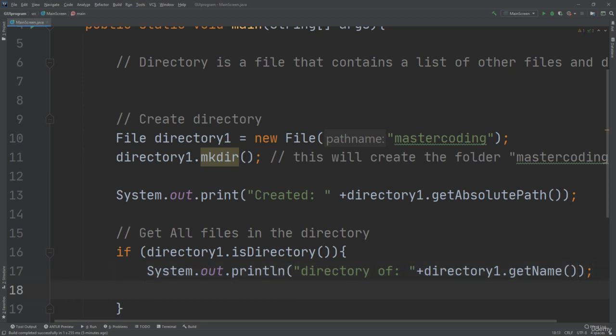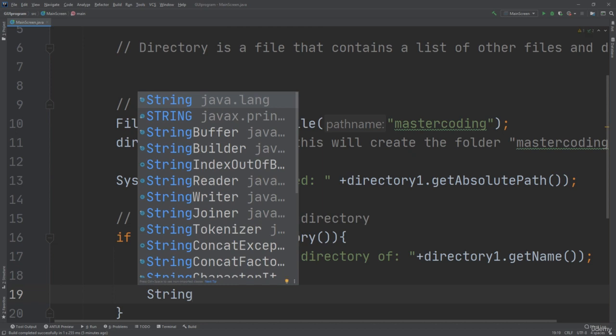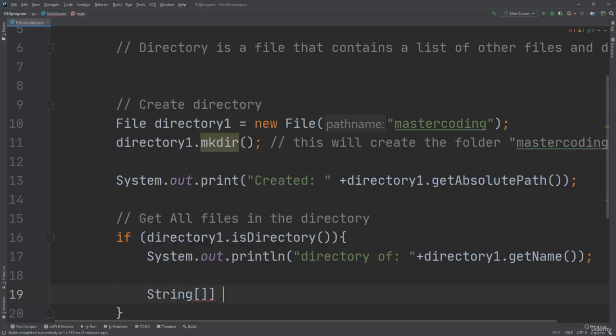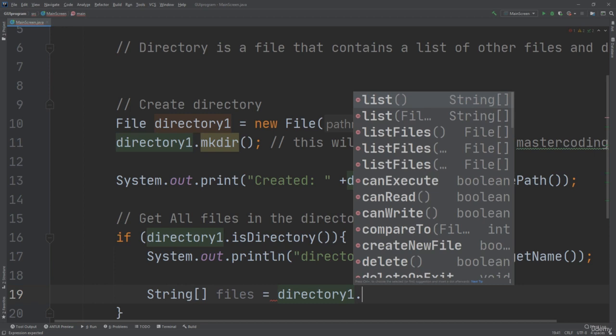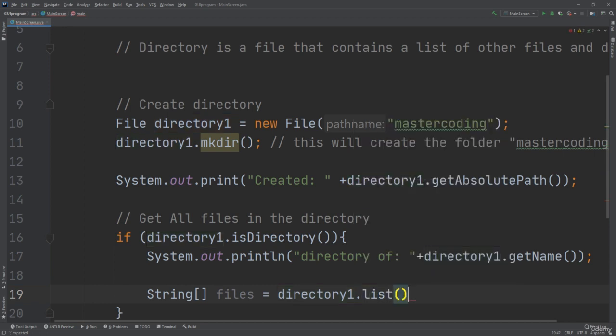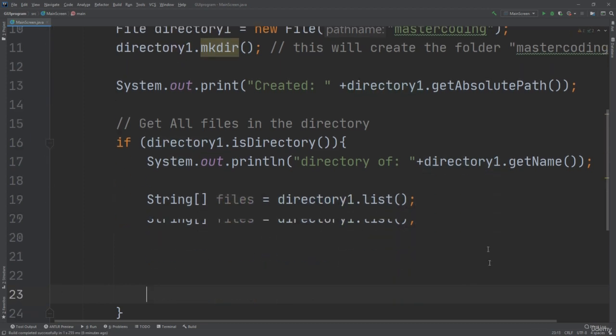I'm just checking for the name, and I will create a string array called files inside directory1.list. So this is the method that returns a string array of all the files inside the directory 1. Okay,